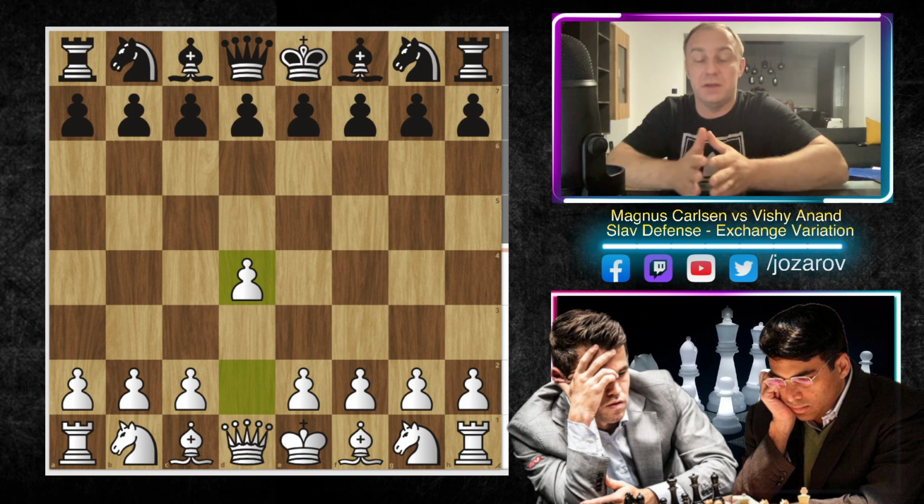fine if you want to beat the Slav Defense, but the game is simplified, we have to admit it, I think, because after early trades of pawns in the center, the game becomes more and more simplified, the pawn structure gets symmetric, and of course black has also some opportunities, black has also some chances to win the game.